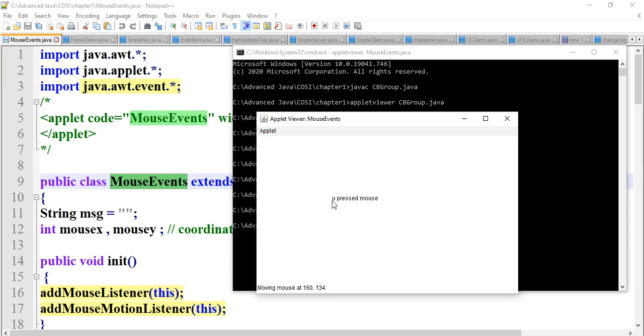Now after pressing, drag this mouse pointer. It gives the message dragging mouse. And stop dragging the mouse pointer. It gives the message you release the mouse. So these are all actions. Actions are called events. So these are all events related to mouse. Now in this program we will see how these actions are handled by different methods and respective listeners.